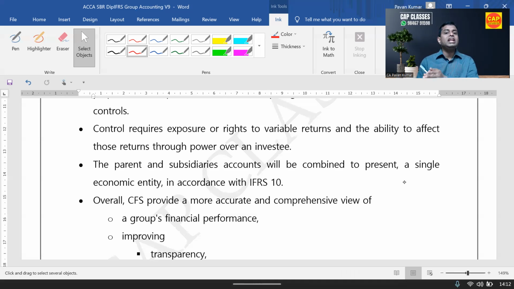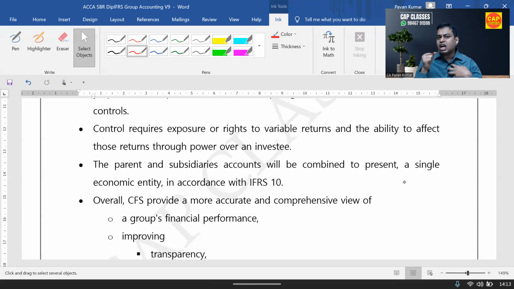So when I invest money in a company, the market price of the share might vary. Capital appreciation might vary. Dividend rate might vary. So if I am the investor, if I invest in ordinary shares, I have